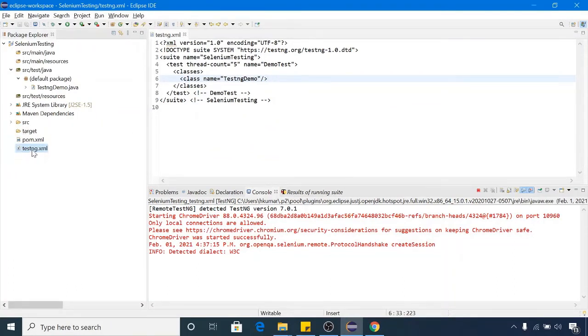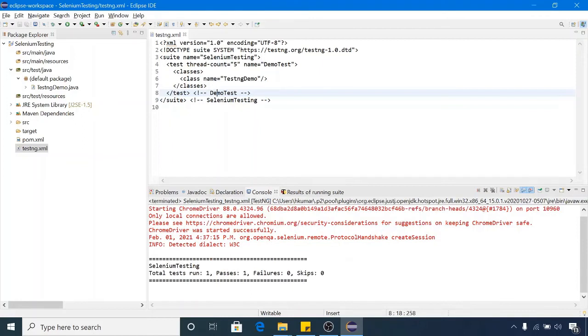In testng.xml you can have different types of test cases, and you can define multiple test tags here. You can pass parameters to your Selenium scripts using testng.xml, and you can run different groups of test cases using testng.xml.